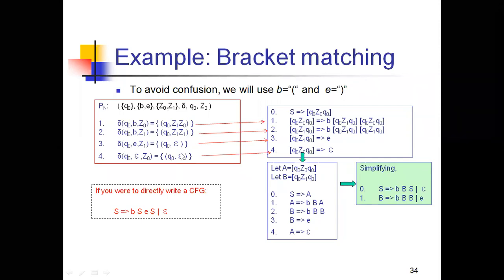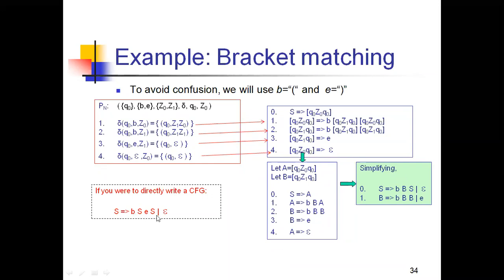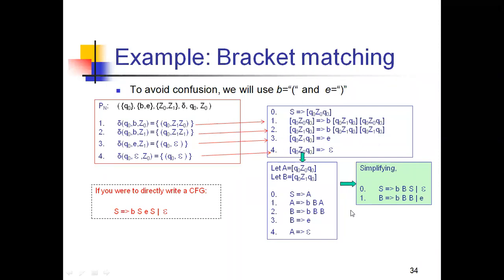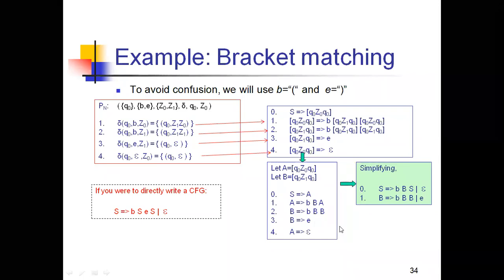Is it clear to you all? I think you all understand how to convert the PDA to context free grammar. You can also directly write a context free grammar for the rules of the PDA, like this: S tends to BS, ES or epsilon. Right, only with one variable you can write the rule like this. Or else you need to follow a step-by-step procedure, simplify the grammar we get, and finally rewrite the modified grammar as the context-free grammar for the given PDA.